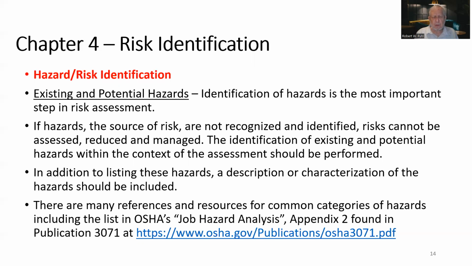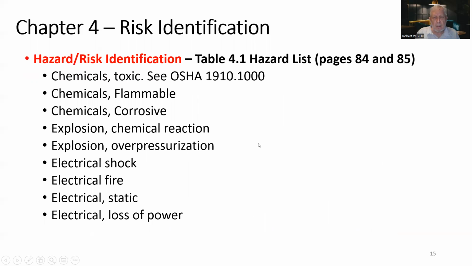There are many references and resources for common categories of hazards, including OSHA's JHA. So these are the list of hazards on pages 84 and 85. We're going to just go over them briefly. Toxic chemicals, and in OSHA 1910.1000, that's your list of chemicals. If you have chemicals that are above the threshold limit in that list, then you have to be in process safety management. Flammable chemicals, corrosive chemicals, chemical reaction explosions, overpressurization explosion, electrical shock, electrical fire, static electricity, electrical loss of power,